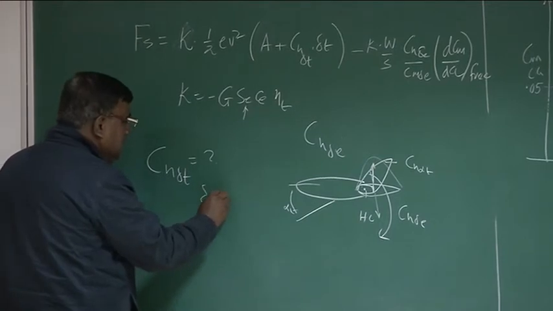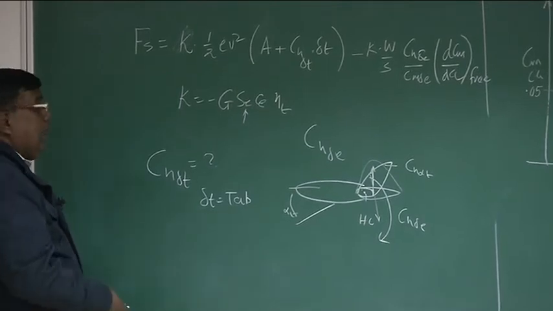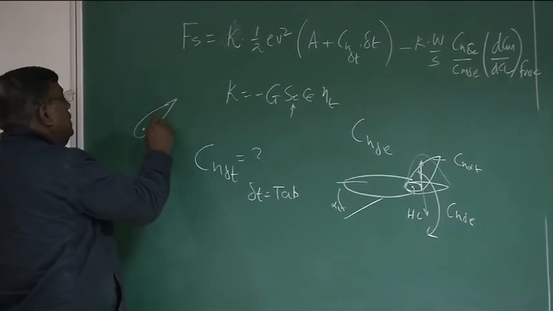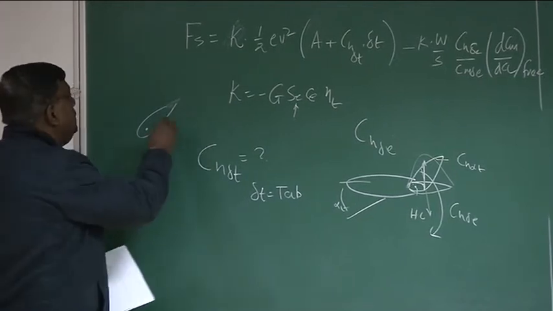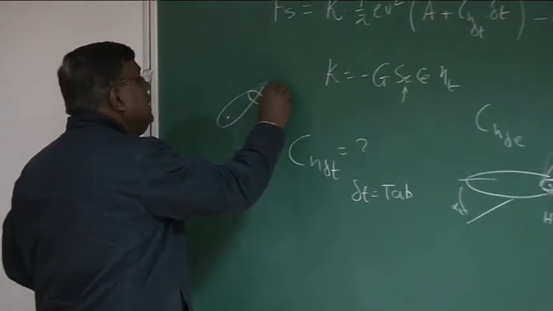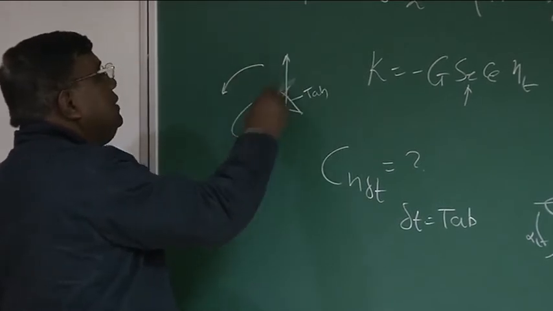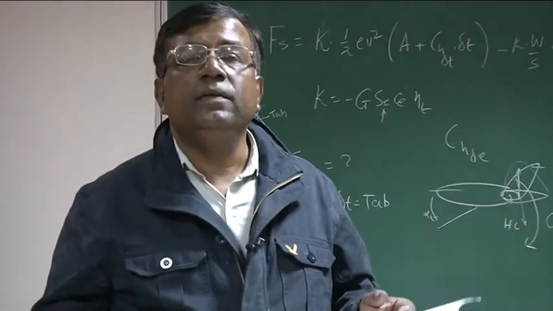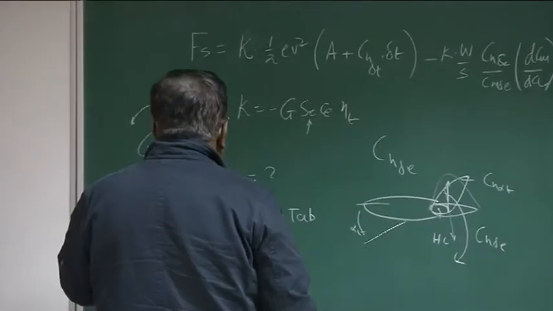What is delta T? Delta T is the tab. This is a trim tab, longitudinal case. So what is the trim tab? We'll ask ourselves. Remember, if this elevator has to be deflected like this, then the pilot has to pull the stick and hold it, so that will be very tiring. So there is another portion which goes down as the elevator goes up, and this is the tab. You can set this tab, and this will give the moment to hold this whole elevator at this angle, so that the stick force applied by the pilot will be 0. And that in a stick free case, we say is neutrally stable. Okay? So we understand CH delta T.